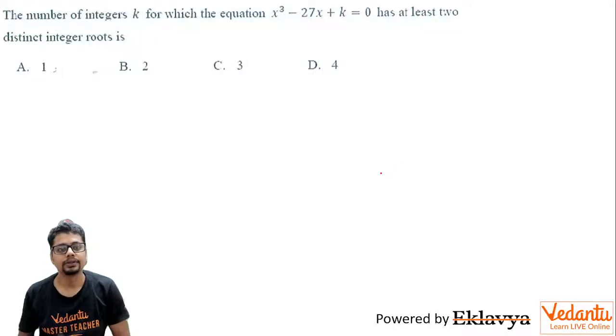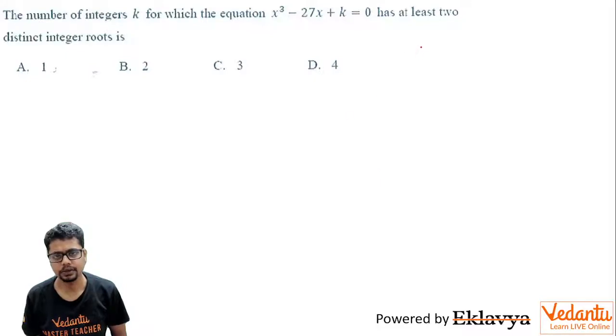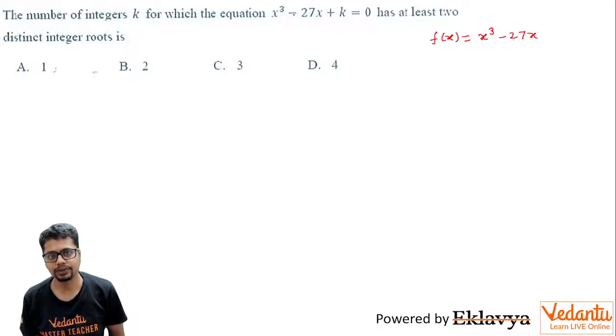Hi everyone. The question is: the number of integers k for which the equation x cube minus 27x plus k equal to 0 has at least two distinct integer roots is. So here let me first consider a function f(x), let's say x cube minus 27x. Now if you consider this given equation which has left hand side x cube minus 27x plus k